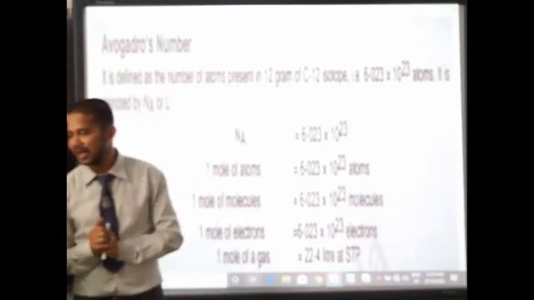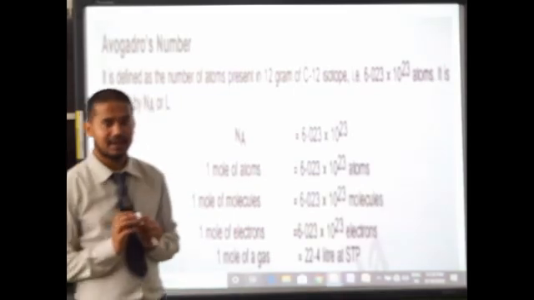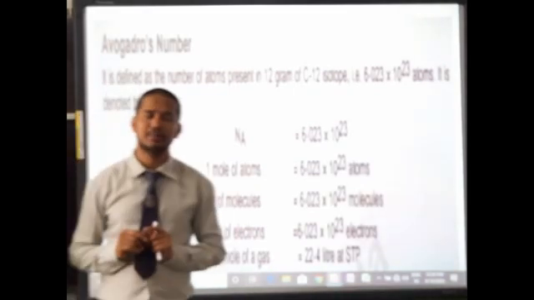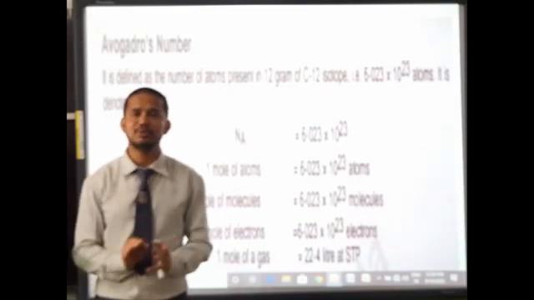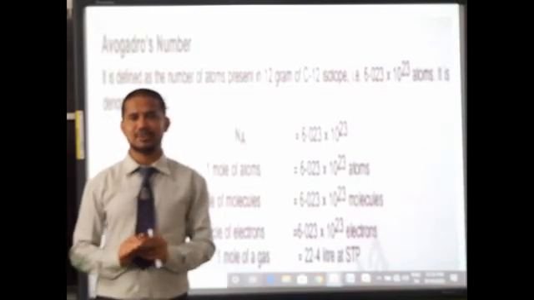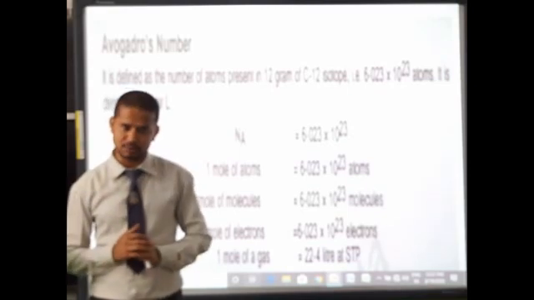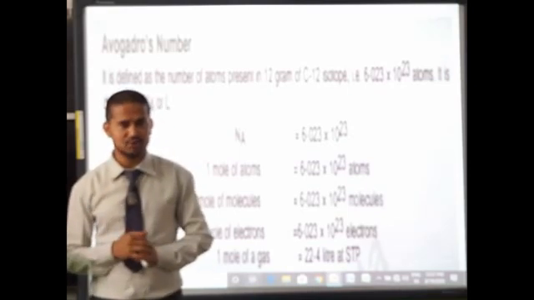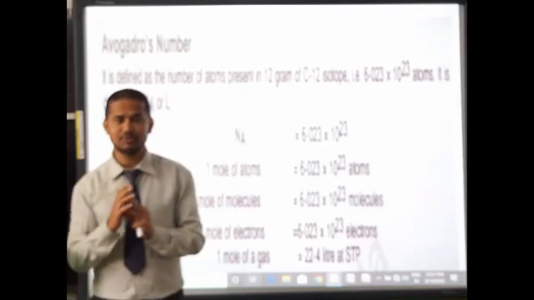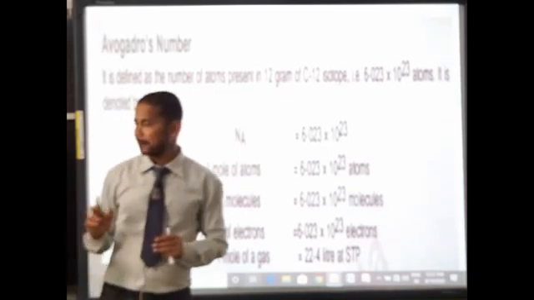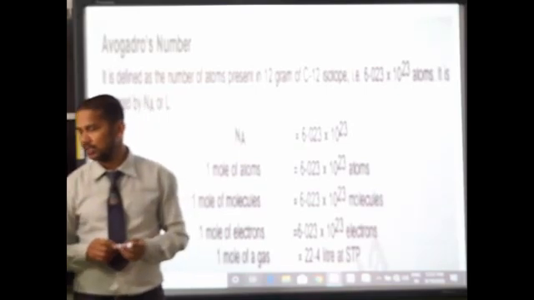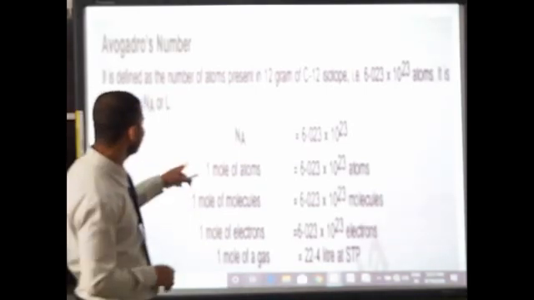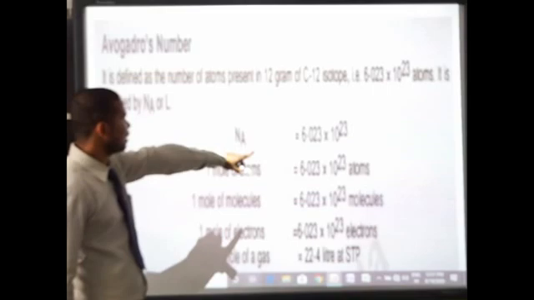It is denoted by Na or L. So Na means Avogadro number. It is equal to the number of atoms present in 12 gram of carbon 12 isotope, that is 6.022 into 10 to the power 23 atoms. So Na means 6.022 into 10 to the power 23, and I said 1 mole of atoms means Avogadro's number of atoms,